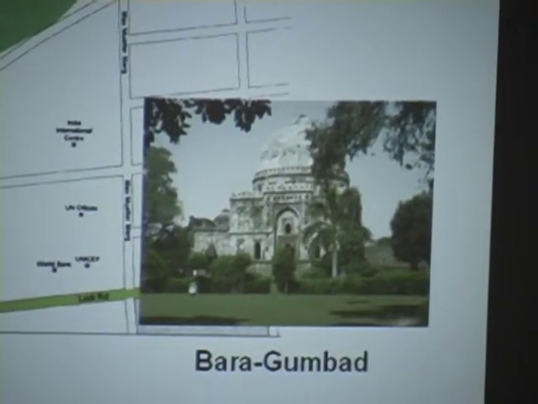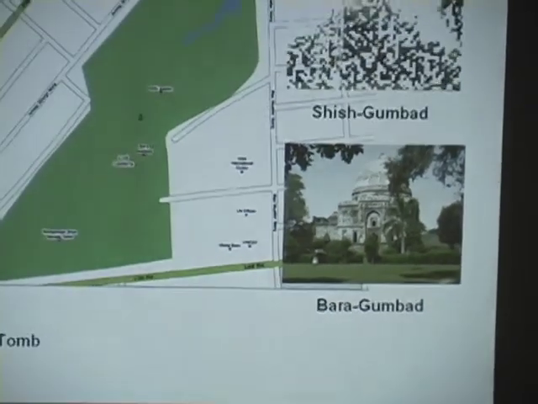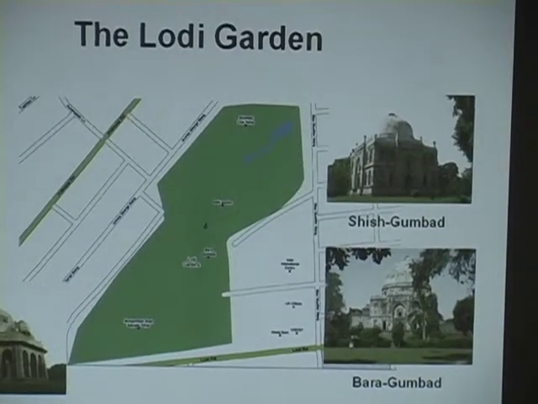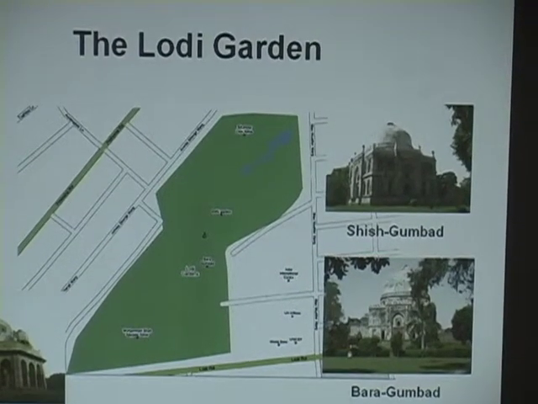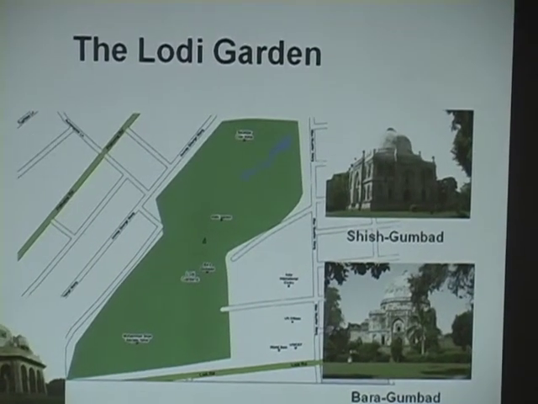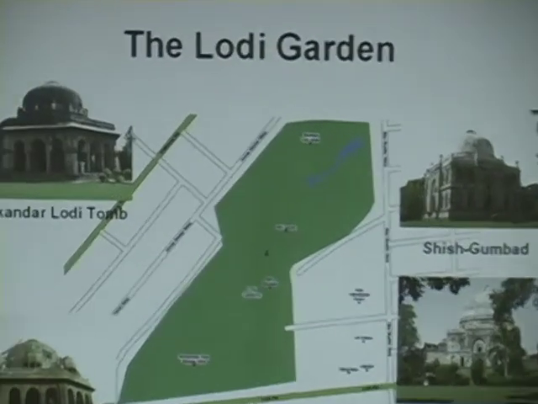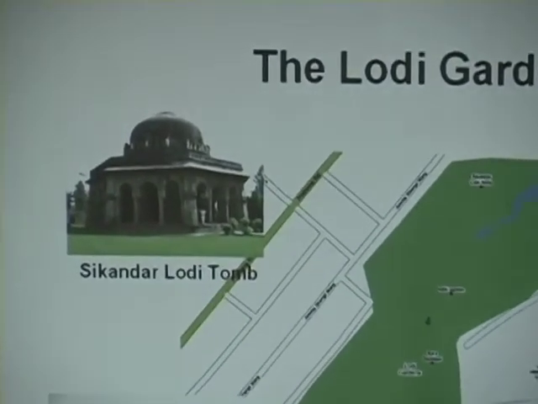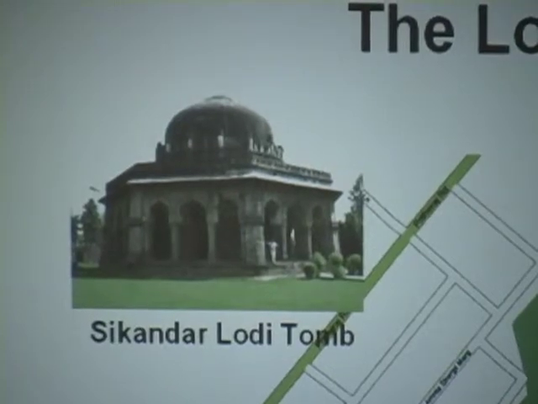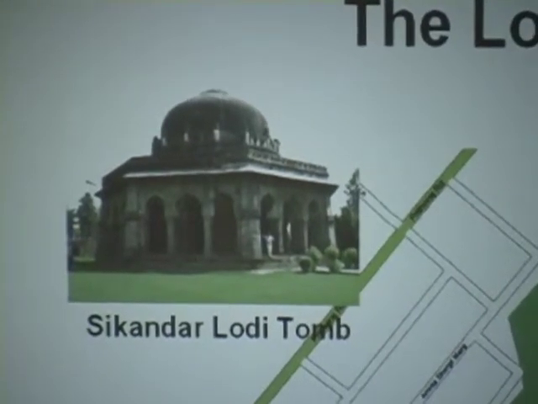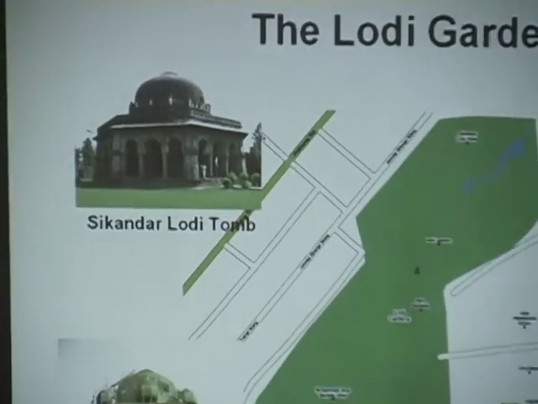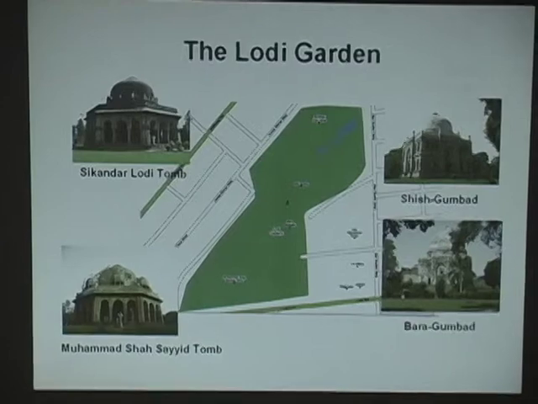But while Sikandar was alive, he built tombs for the people of his nobility. And that includes the Bara Gumbad, which means big dome, and the Shish Gumbad, which means glazed dome. And then finally, his son built his tomb, Sikandar Lodi's tomb. So here we have this incredible park with these tombs, and this happens to be one of the highlights on everywhere you ever read about what to see in New Delhi. They tell you must go to the Lodi Garden.